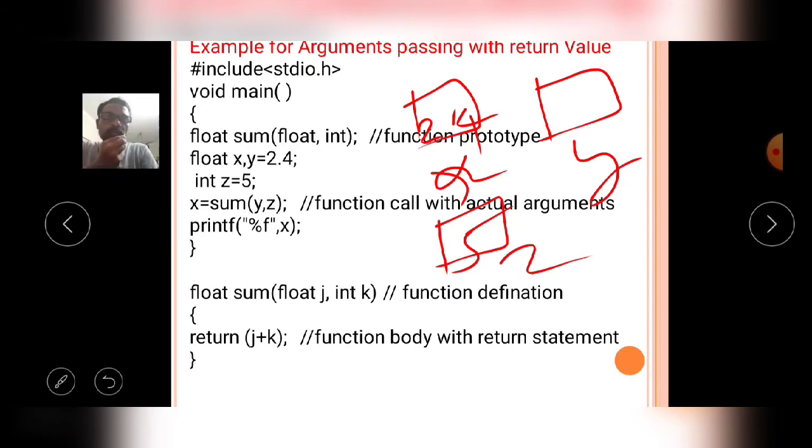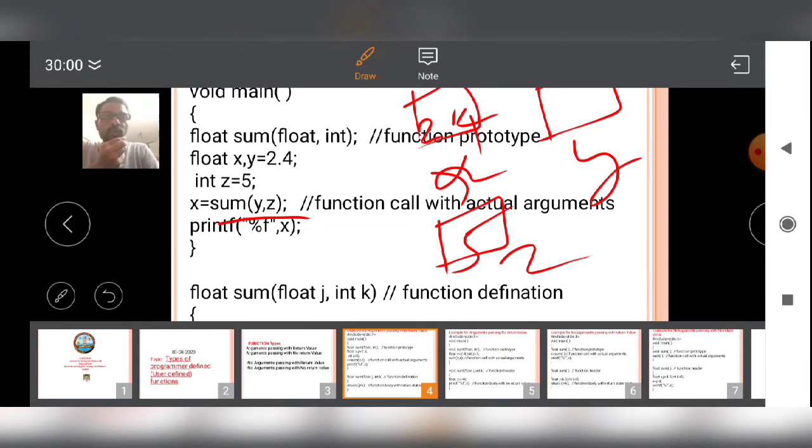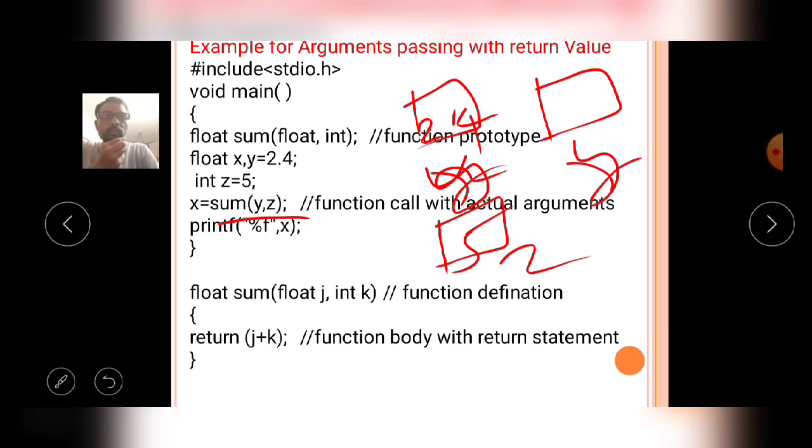Now when the function is called by the main function, the y value 2.4 and the z value 5 are moved from the caller function to the calling function.